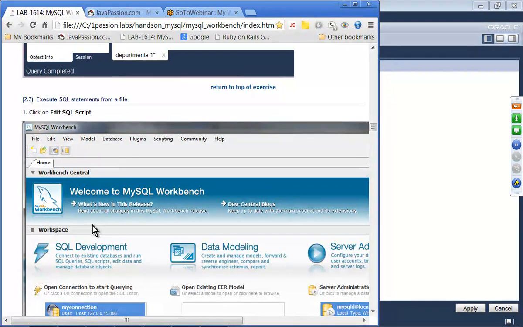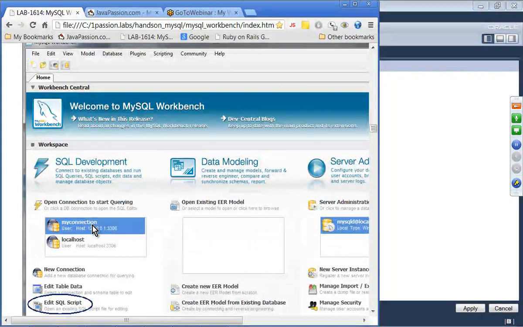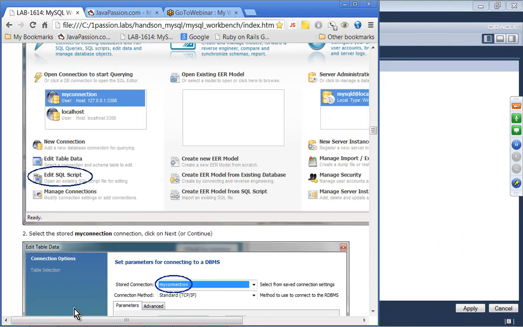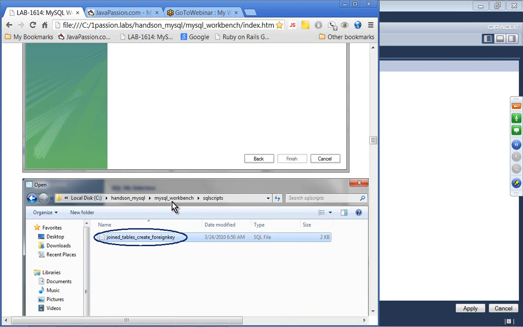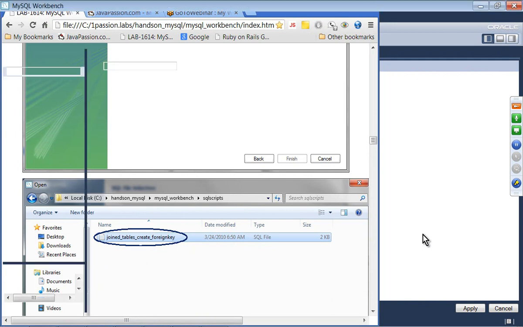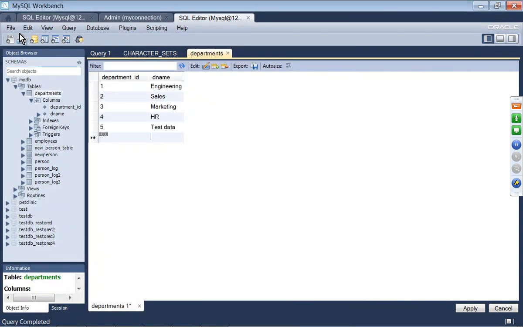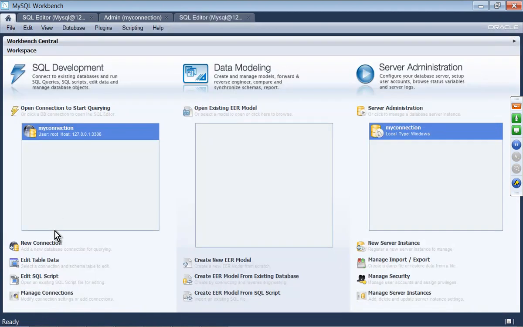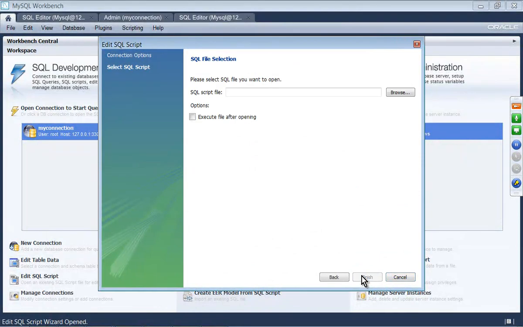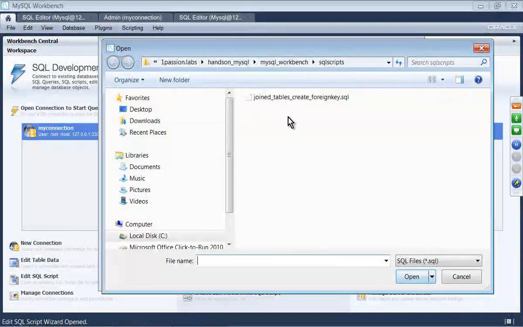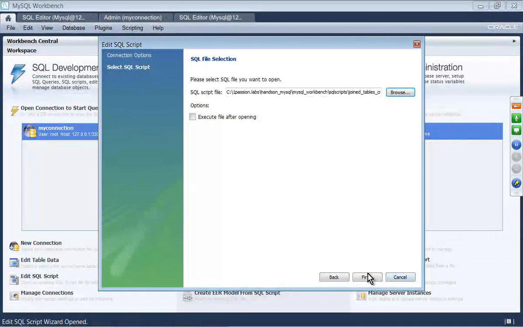And you can certainly create the SQL script right there, or you can open a file. So here we're going to try edit SQL script, and we are going to read a SQL file from this hands-on labs SQL scripts directory. So we have a join tables create foreign key SQL file. Okay, so go to home and edit SQL script, and again you choose your connection, and here we're going to select the SQL file from this hands-on lab, open it and finish,